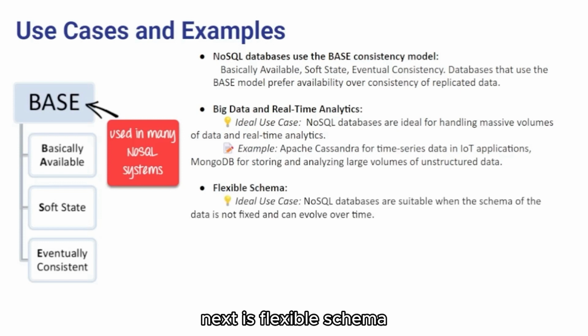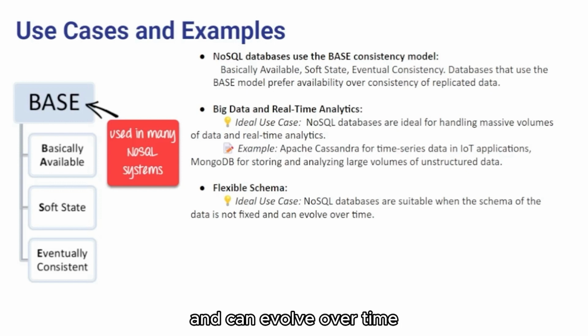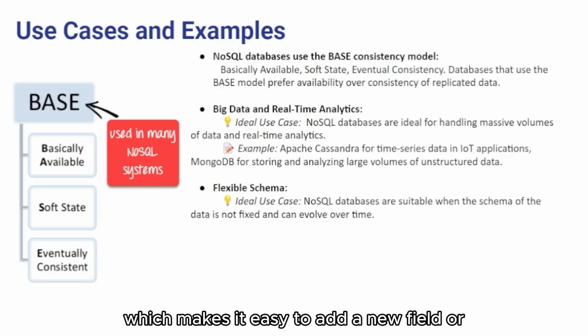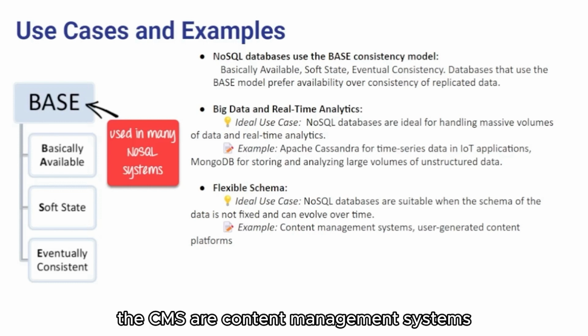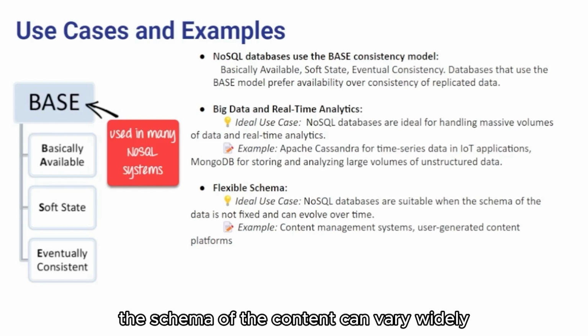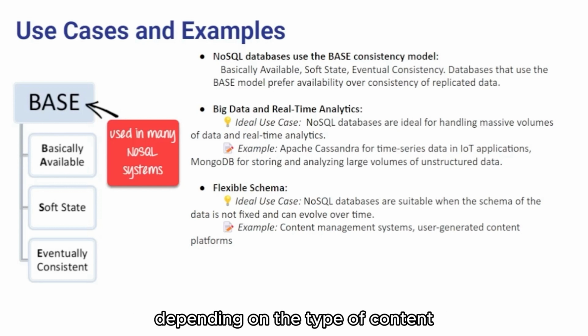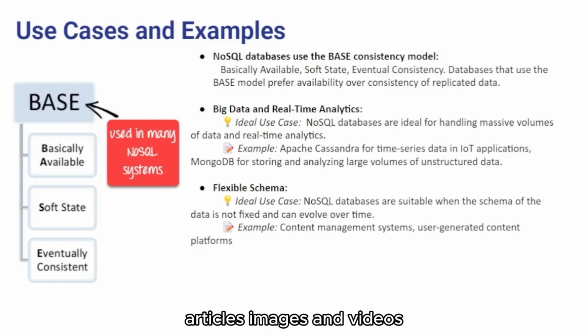Next is flexible schema. NoSQL databases are also well suited for applications where the schema of the data is not fixed and can evolve over time. This is because NoSQL databases do not require a rigid schema, which makes it easy to add a new field or change existing fields without disrupting the application. For example, CMS, or content management systems, often use NoSQL databases to store content because the schema of the content can vary widely depending on the type of content. A CMS may need to store blog posts, articles, images, and videos, all of which have different